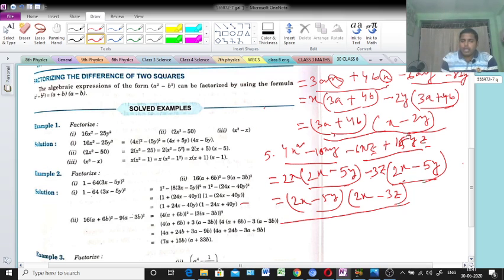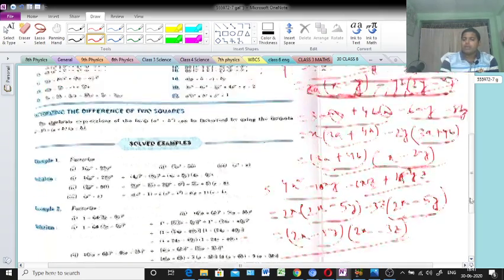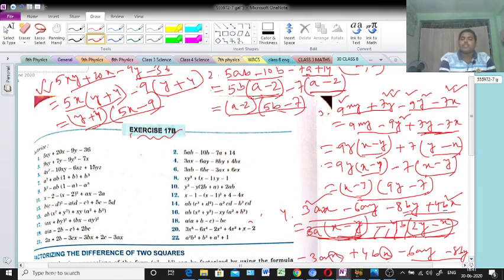And another thing, you should practice it properly, as much as possible you should practice it 2 times, 3 times. Clear? And submit to me, and I will check the work. Few students are doing the work, I know that they are sending also, but other students are not sending, that is also very bad. For them I am telling again, please submit your work and try to understand. You are getting videos, other subjects also you are getting, so you should do the work properly, and if any problem you should inform the teachers.